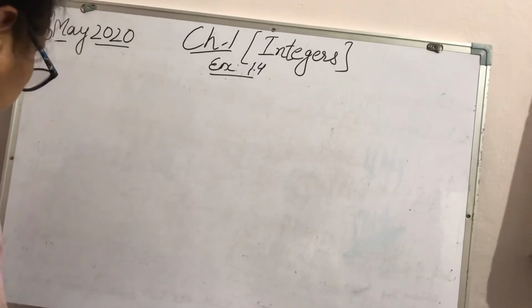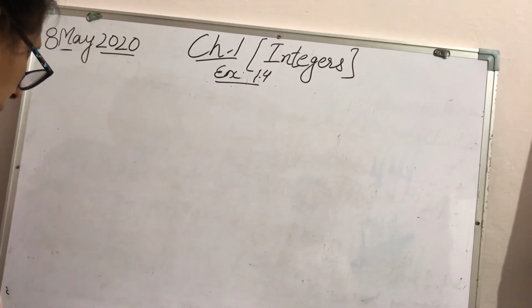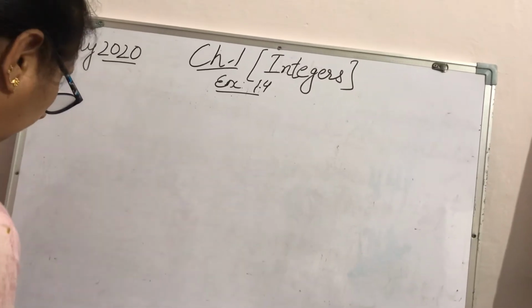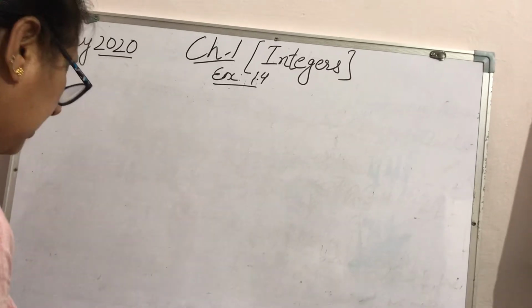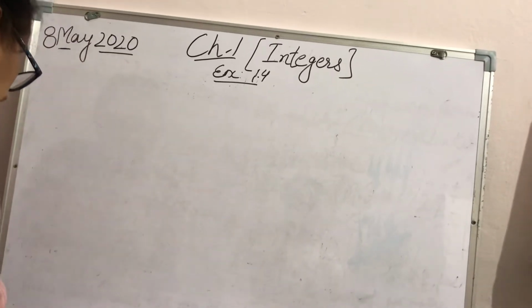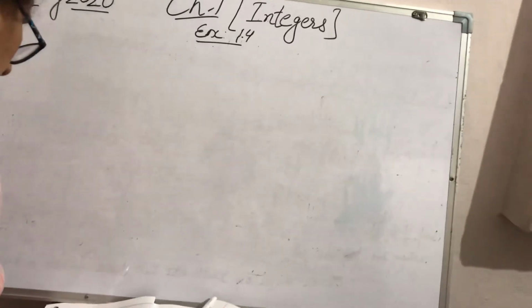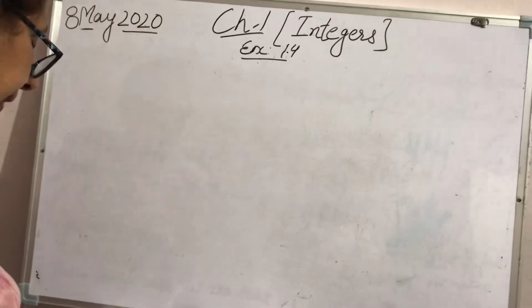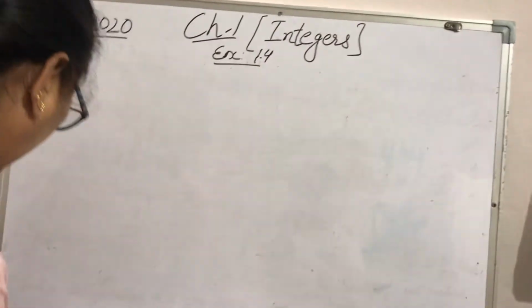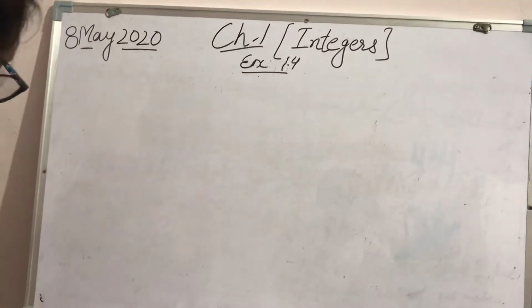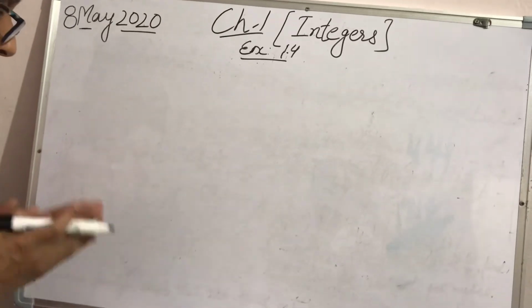So the statement is, a shopkeeper earns a profit of ₹1 by selling 1 pen and earns a loss of 30 pies on sale of 1 pencil, and in a particular month he incurs a loss of ₹5, and in that month he sold 40 pens. How many pencils did he sell in that period? First of all, what do we have to find? We have to find the number of pencils.